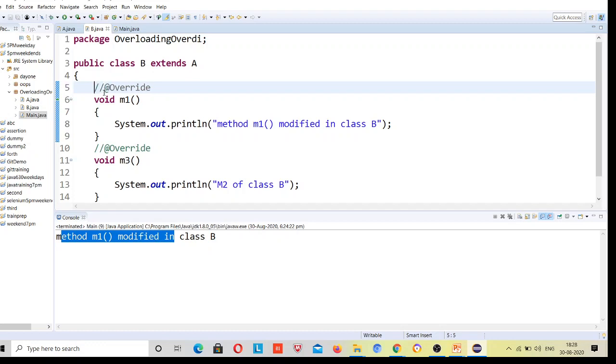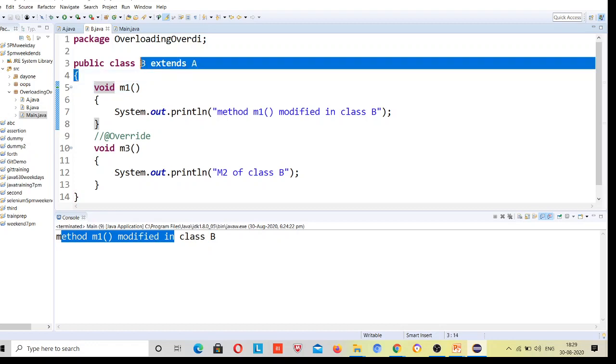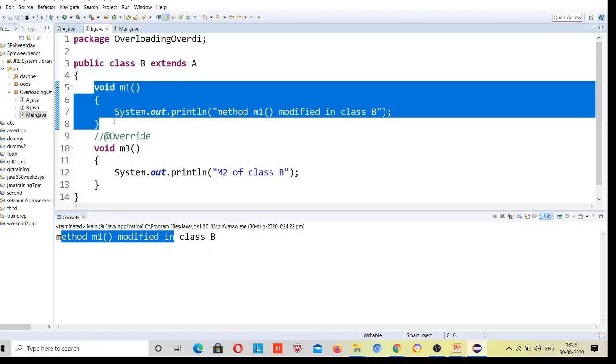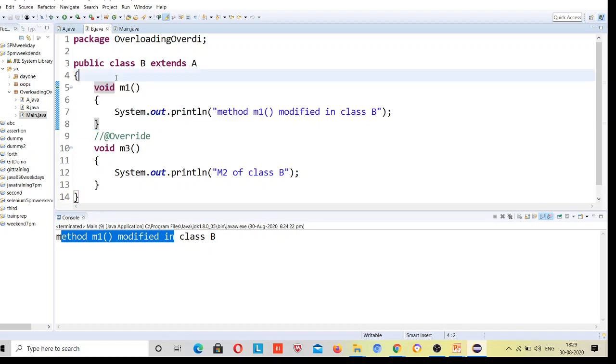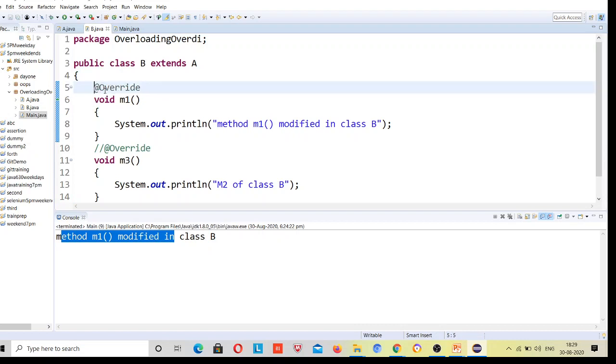But suppose I am not using this and I give this class B to you, will you be able to understand this method is overridden? You will never think that this method was overridden, right? But if I write like this, you will know this is overriding a method, and you will go to that place and check what was written and what I have modified. @Override says that you are overriding a method, and if you are not overriding, it means an error. So I hope it is clear.